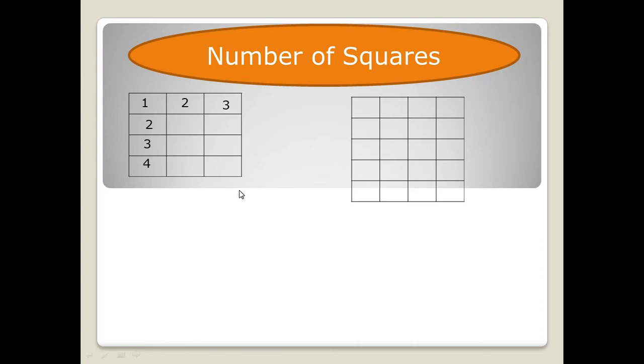If there is this type of shape where columns and rows are different and you have to count the number of squares, then we will multiply rows with columns in such a way that we multiply the highest number of rows with the highest number of columns. Here you can see we have multiplied 4 by 3, and then we will go on decreasing the number.